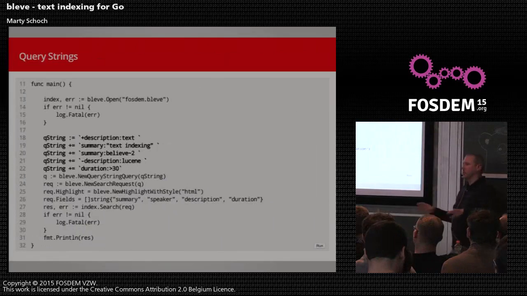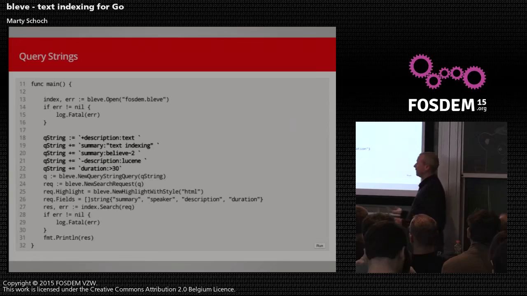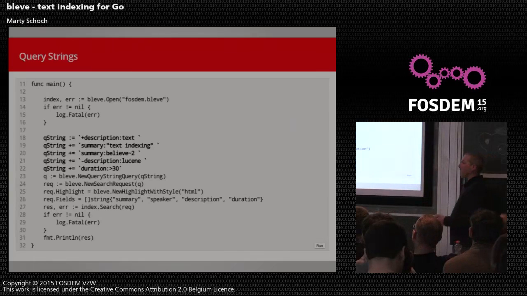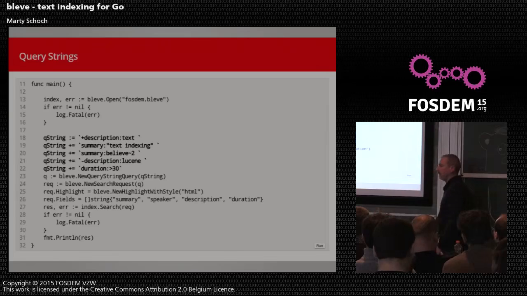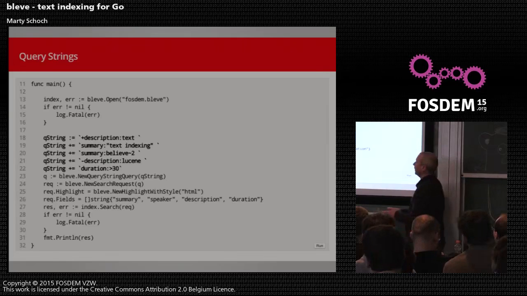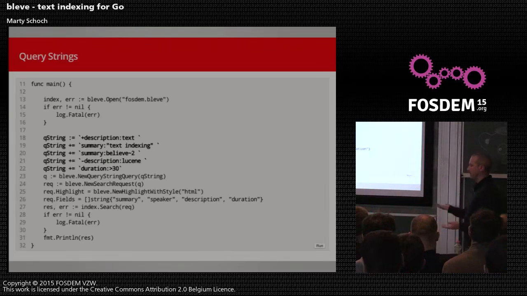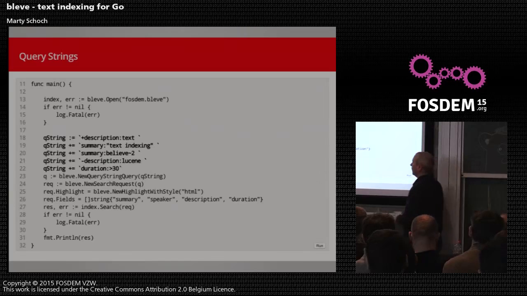And finally, again, I haven't touched on all of the different kinds of queries, but I did want to highlight one more, which is query strings. Everything you've seen so far has been a very programmatic way of inquiring about your data. But sometimes you want to expose to end users something they can just type in, but still have all the power of the programmatic queries we saw earlier. So I highlight some of them here. Again, the syntax is very similar to Lucene. I would say it's not quite as complete as Lucene's,